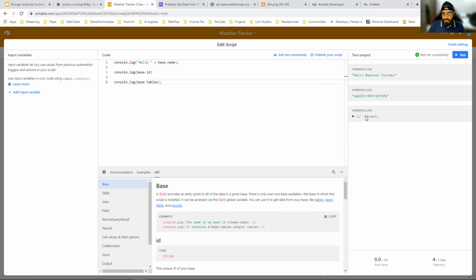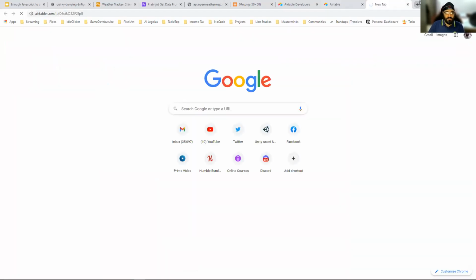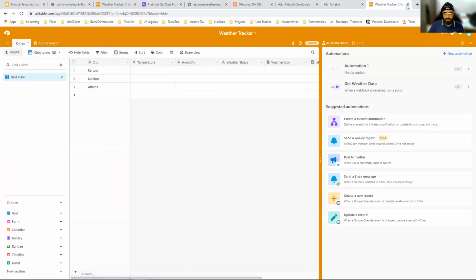If you just look at this, it's an array of an object. Super important, this is the most used data structure. Then you have this object on the first index of the array. The table name is cities. It doesn't have any description. It has this URL, and when I go to this URL, it will open up that table for editing. Yeah, it'll open back this table.